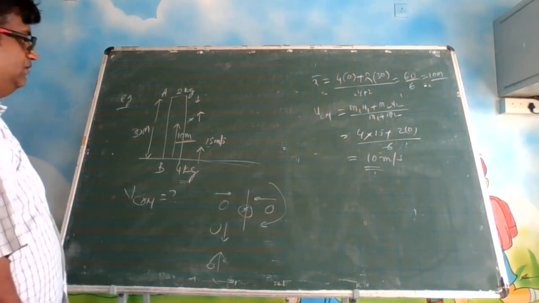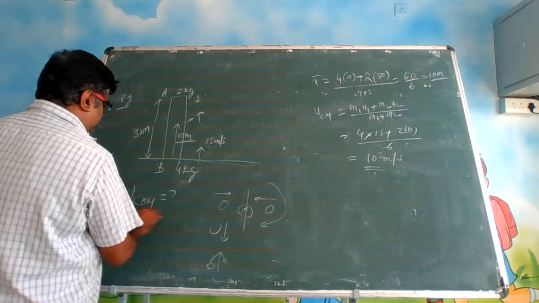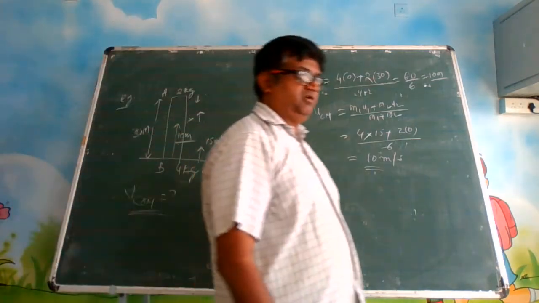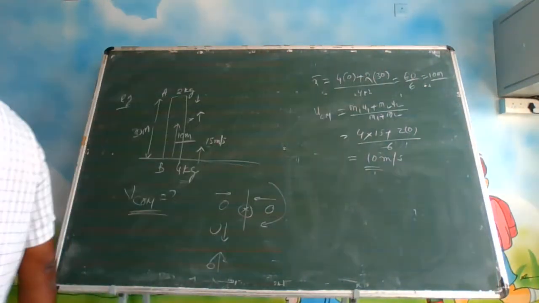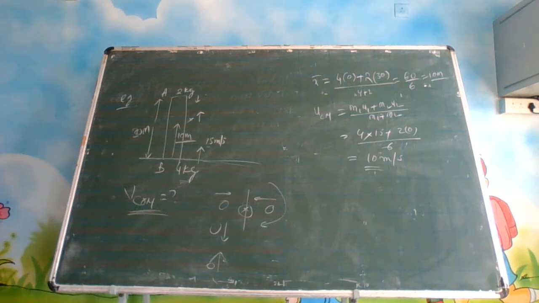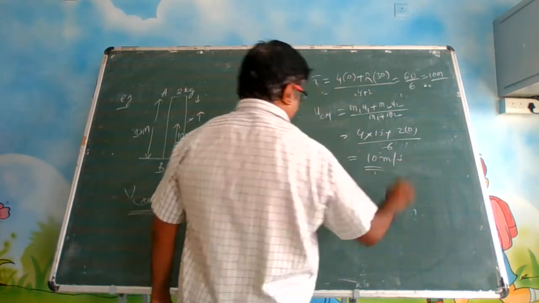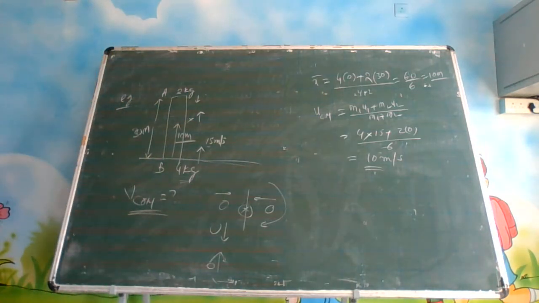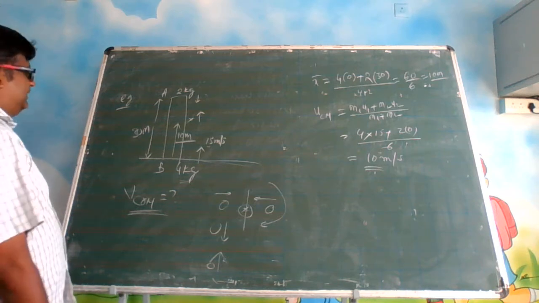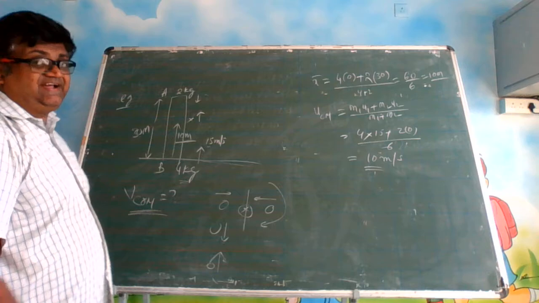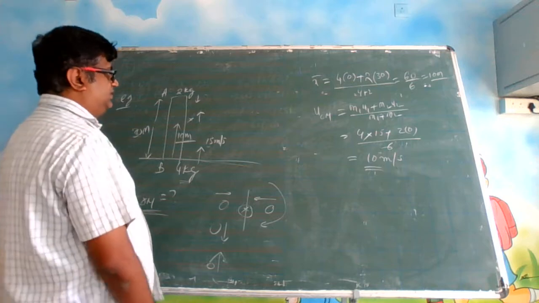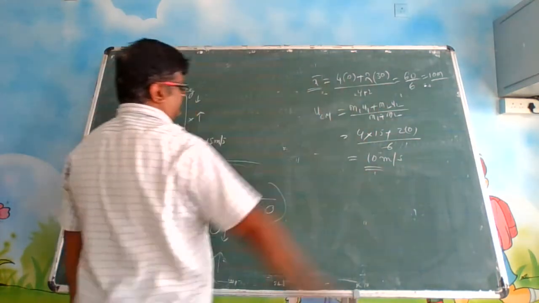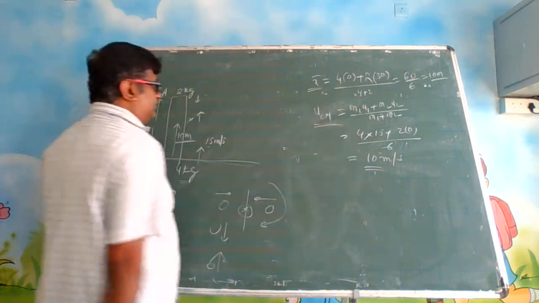Alright? Now, the question asked is, what is the speed of center of mass? So obviously the speed of the center of mass means the final speed of center of mass. So this is the speed of center of mass. Suppose in the same question they ask you what is the maximum height attained by the center of mass? See, two things you have to calculate. Initially we have calculated the displacement. We have calculated the speed of center of mass.